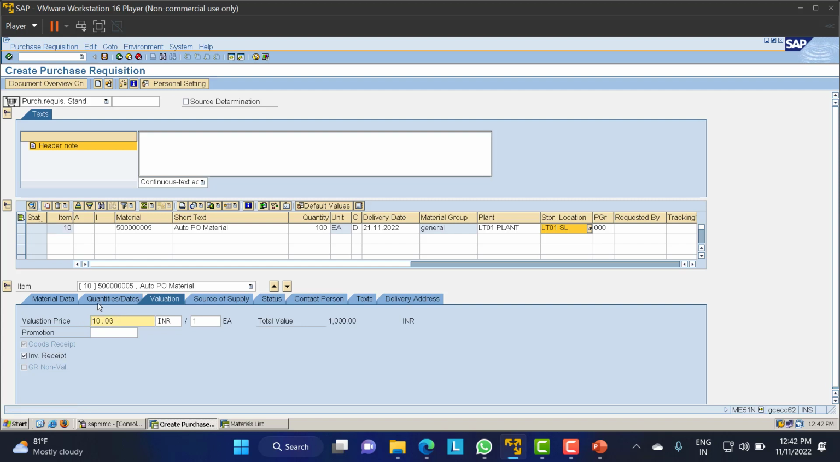Because we have maintained the same in the PIR. Whatever material you give here, the price in the PIR is what it will take from there only. What I will do now, just check the material is this one, 5 followed by some zeros,